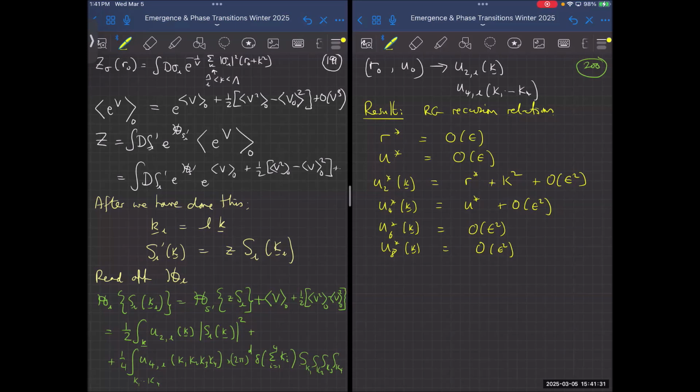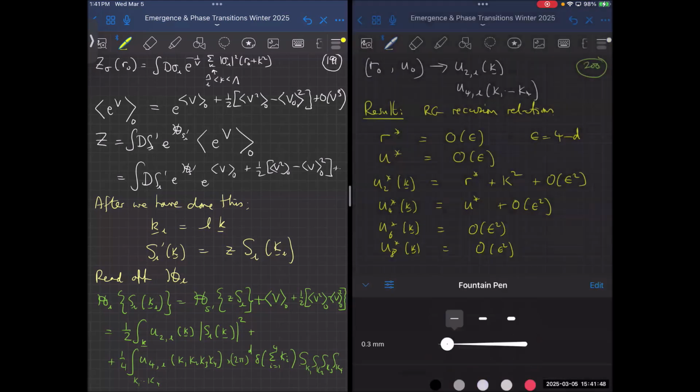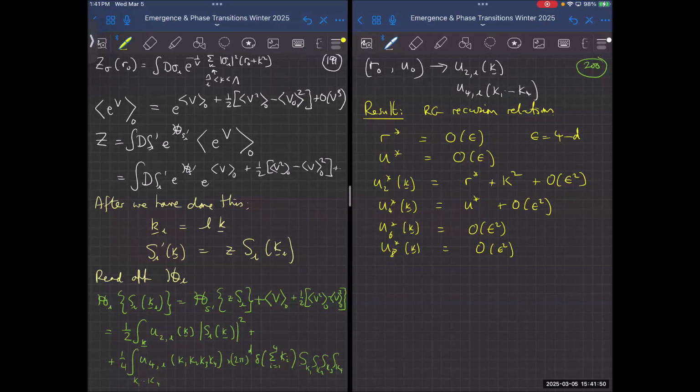But the good news is that when you're working in powers of 4 minus d, that small parameter epsilon, the leading terms look just like the ones that we already had before. So we're not going to compute these higher order terms, although that can be done and has been done. We're just going to focus on these terms here. Okay, so now I want to explain how we compute